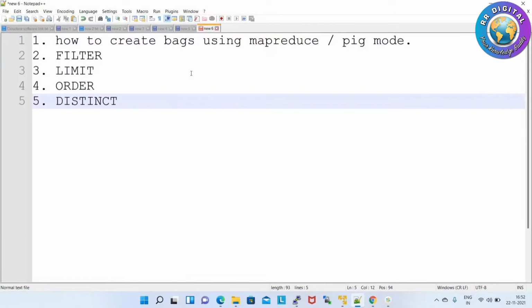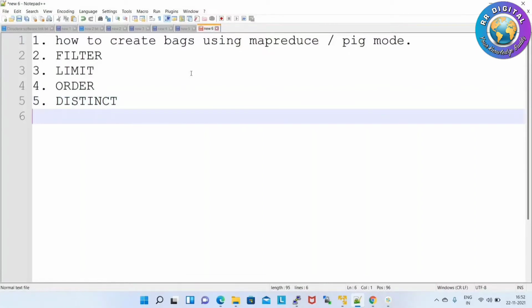And we have distinct. Distinct means maybe in your table you have some duplicate records. Instead of duplicate records, if you want to retrieve unique records, at that time you have to use distinct. And the size. In Hive we use length, right?